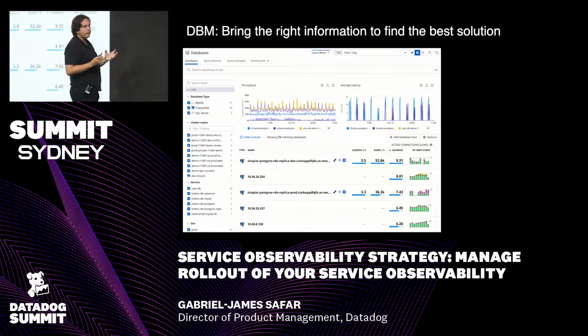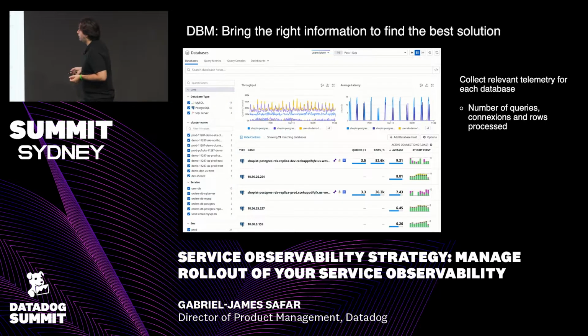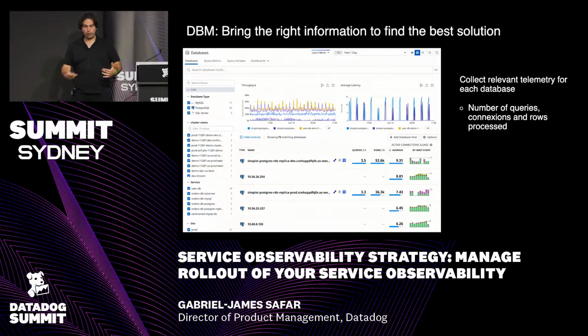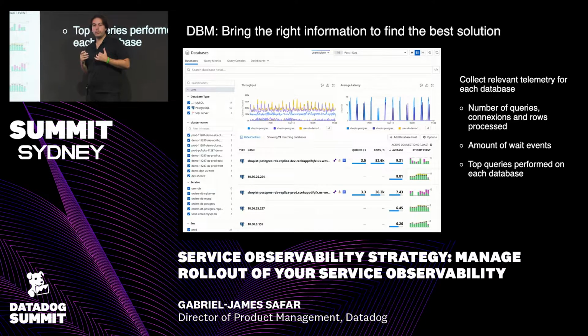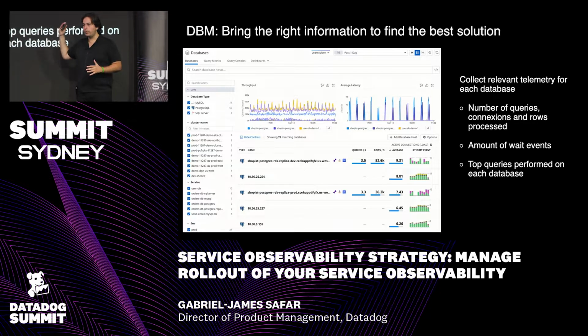So it creates a new sort of object within Datadog, which are the databases. And for these databases, you will have the right telemetry. You will have the number of queries and rows that are happening on this database. You will have the number of wait events, helping you understand how much time the database was not performing the queries that you were asking it to perform. You will have the top queries performed on top of each database, meaning that it's very easy to understand, okay, what are the queries I should optimize my system for if I want it to be performant for real-life production